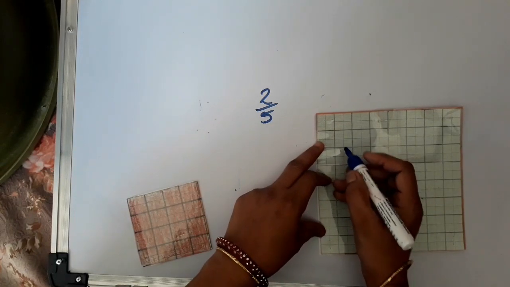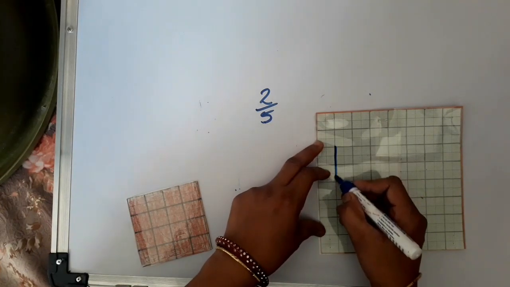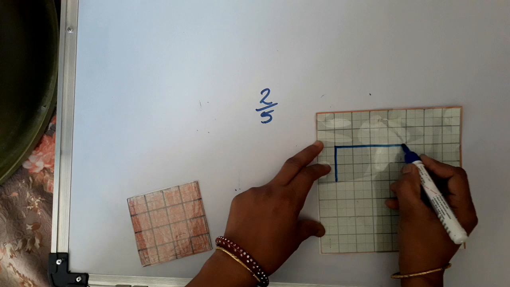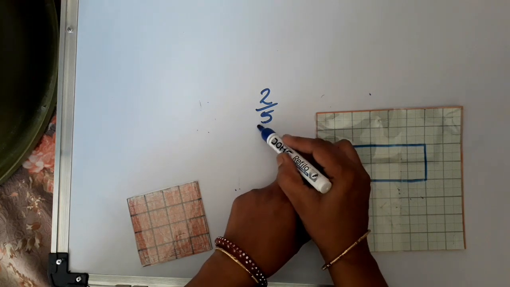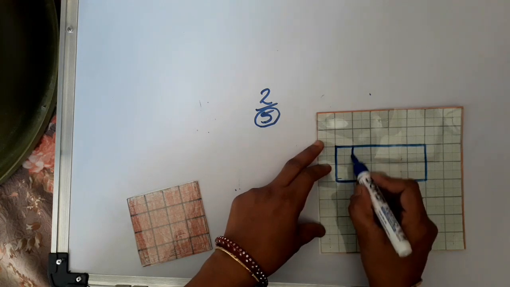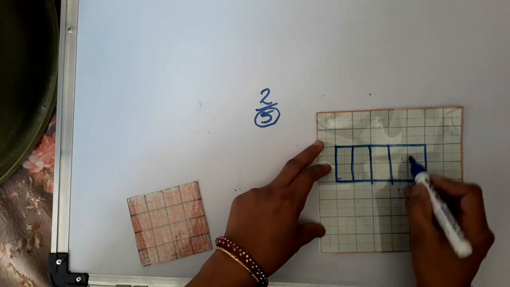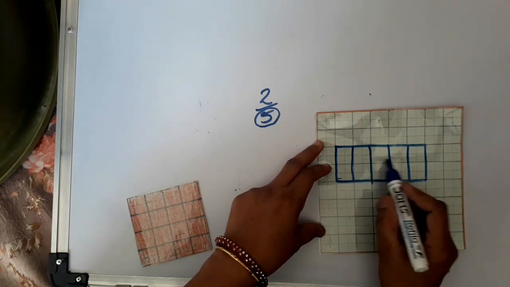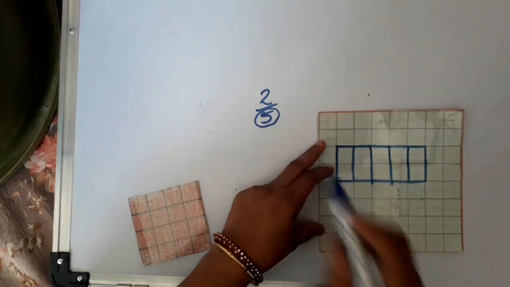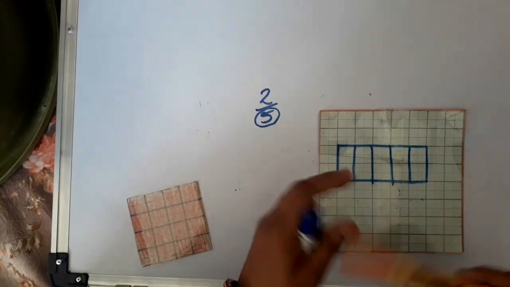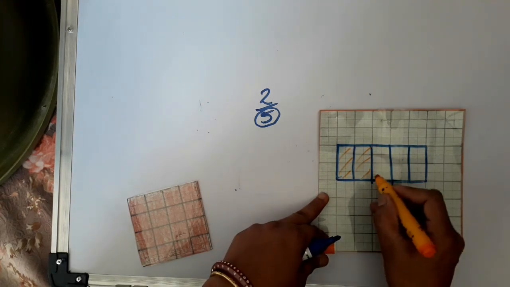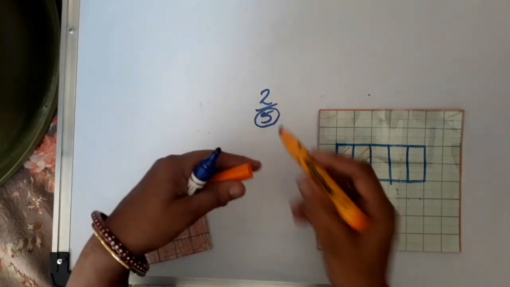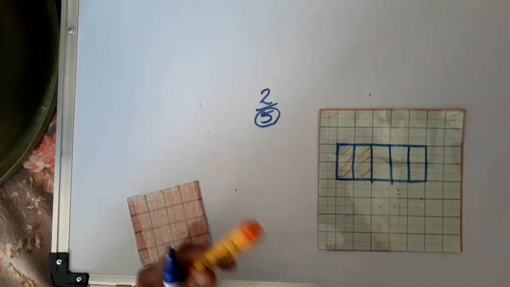So suppose this is my thing and I have to make 5 equal parts. So I have made 5 equal parts, and out of these 5 equal parts, 2 parts are to be taken care. That is, I will shade that much portion. So this represents 2 by 5, right? Now